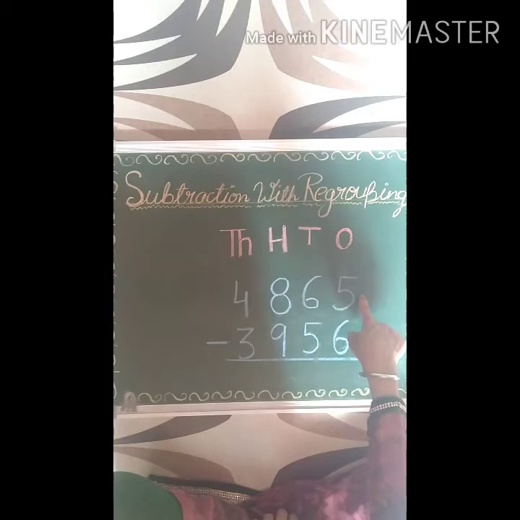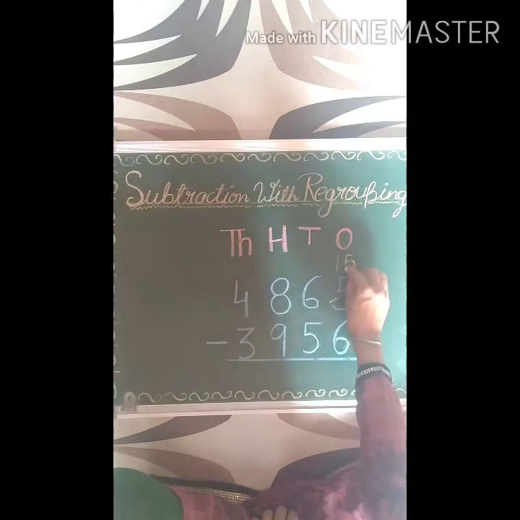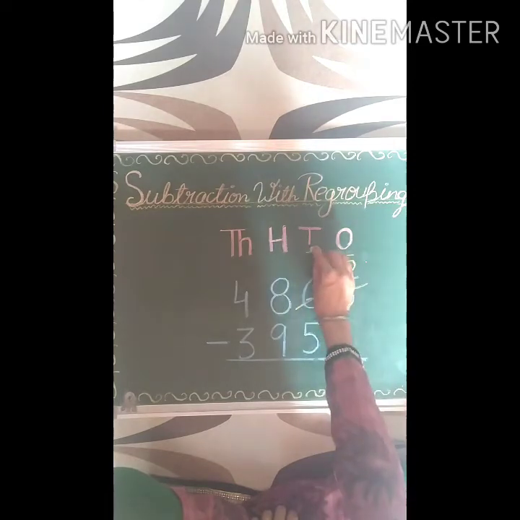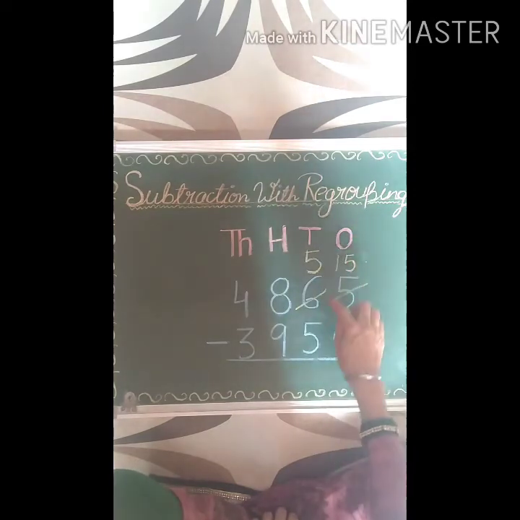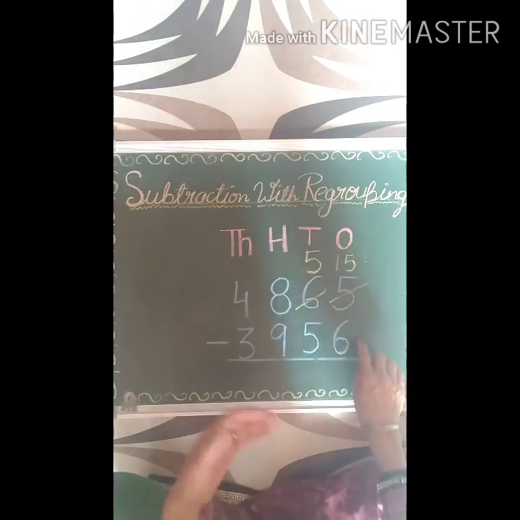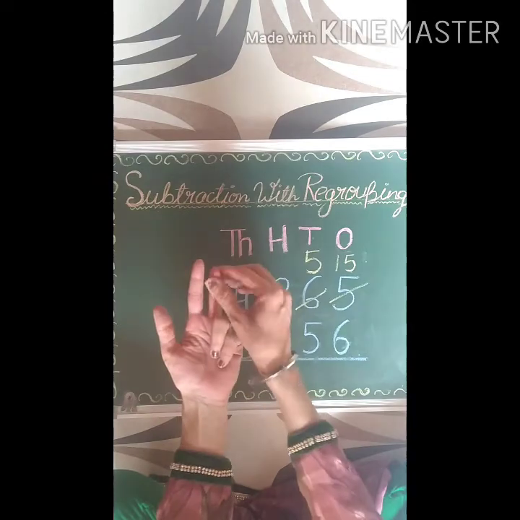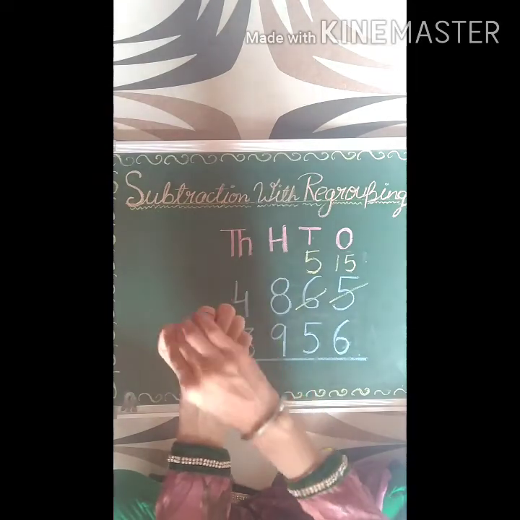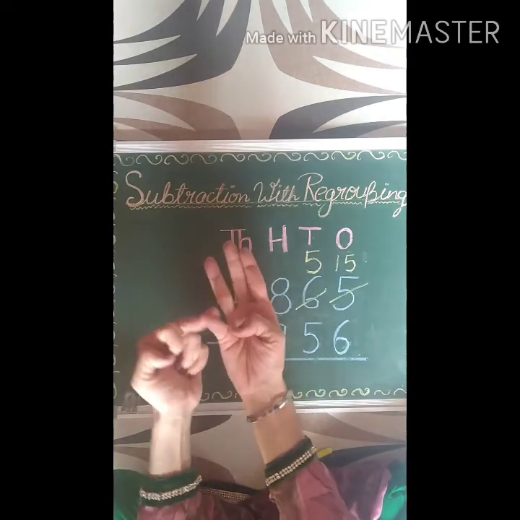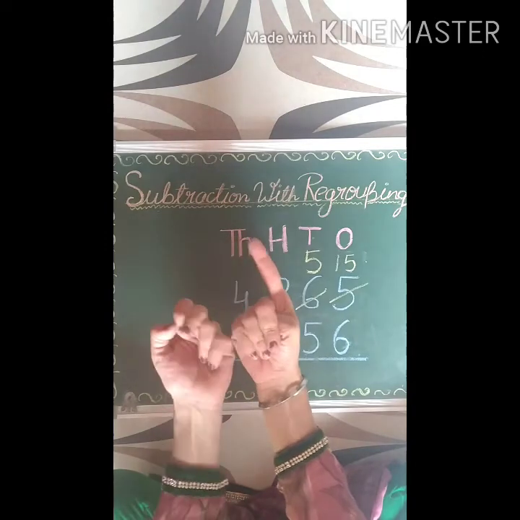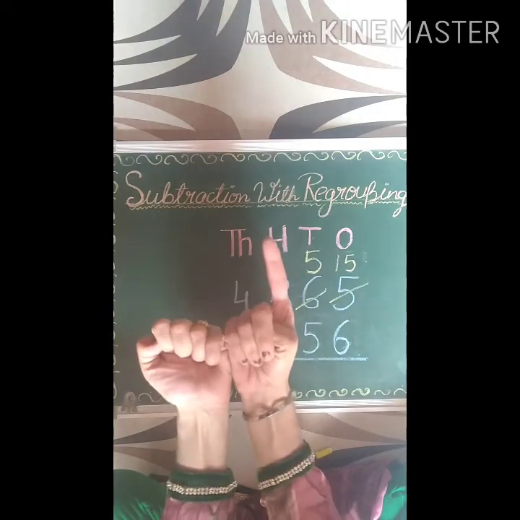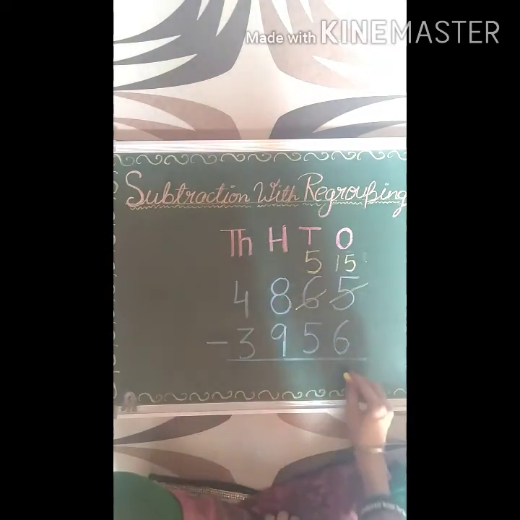So we borrow 1 from the left side, tens friend, and it becomes 15 at ones place and remains 5 at tens place. Now count on fingers from 7 to 15. That are 7, 8, 9, 10, 11, 12, 13, 14, 15. That are 9 fingers. So we write 9 on ones place.